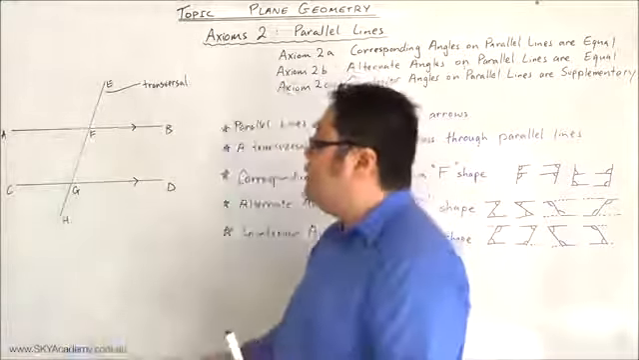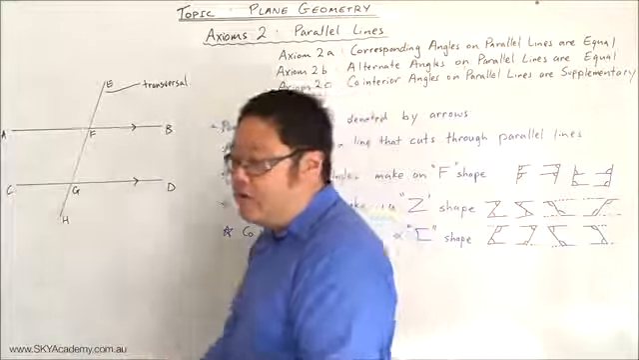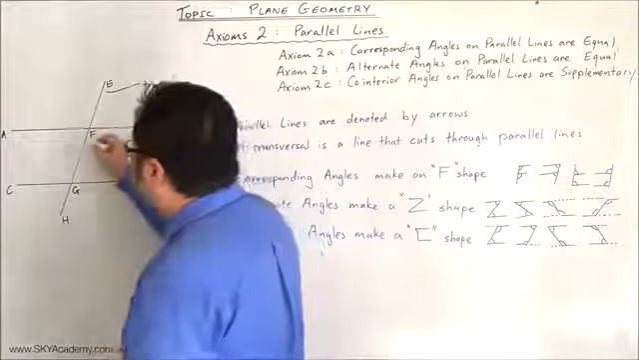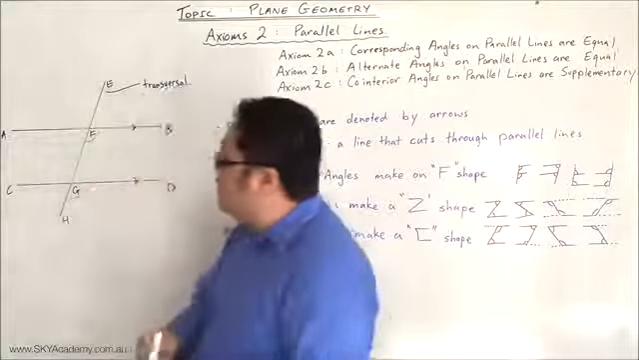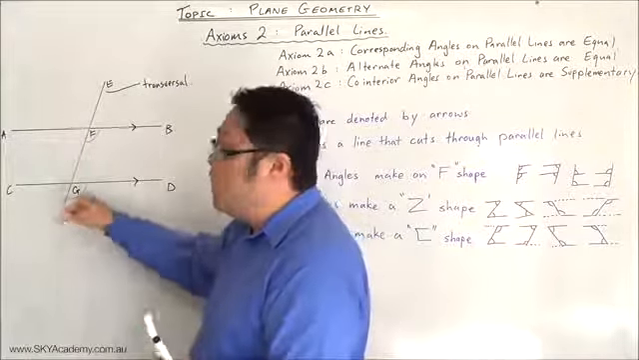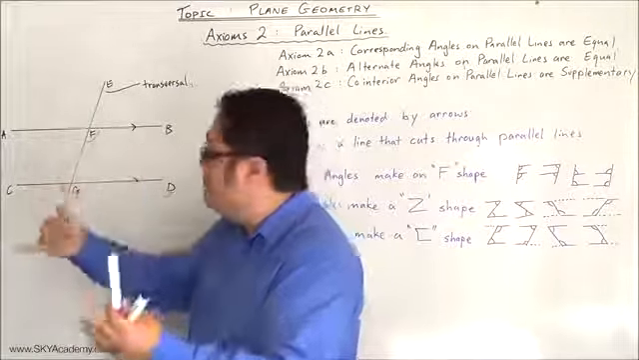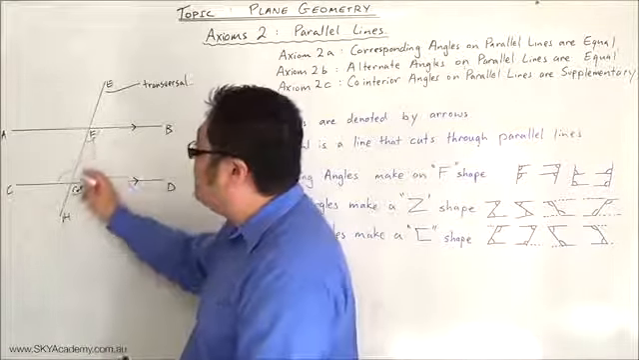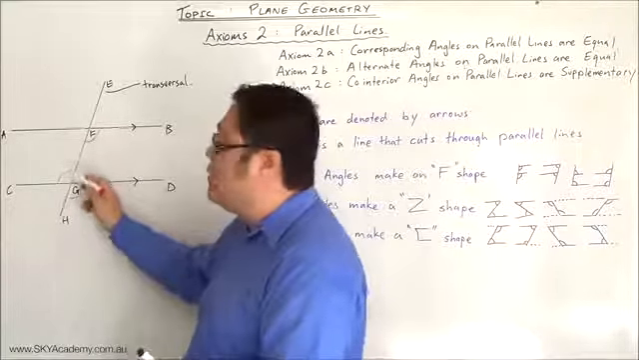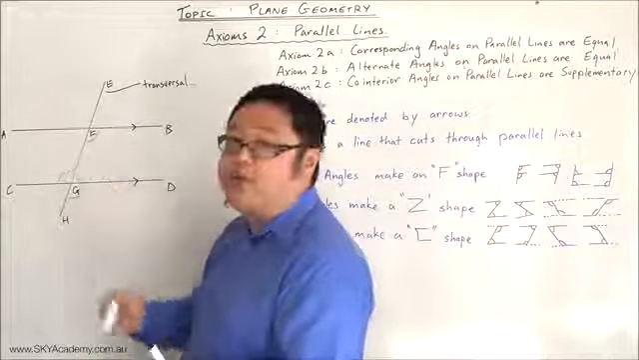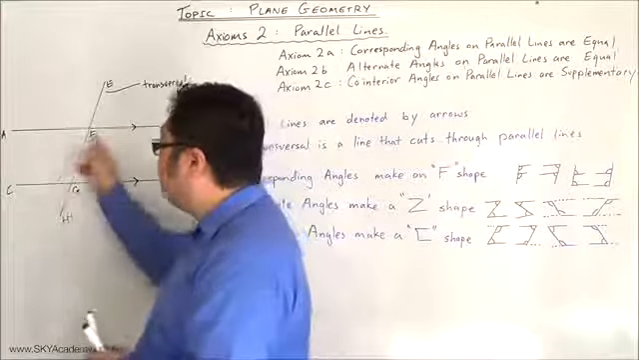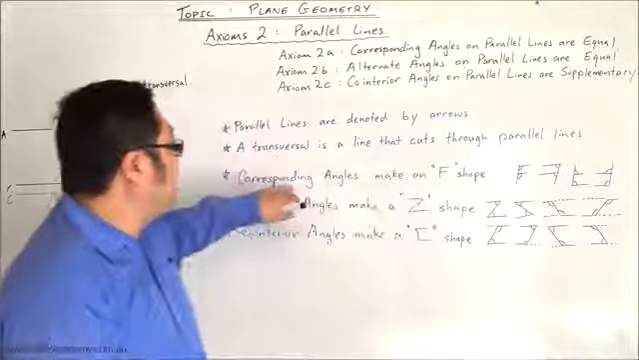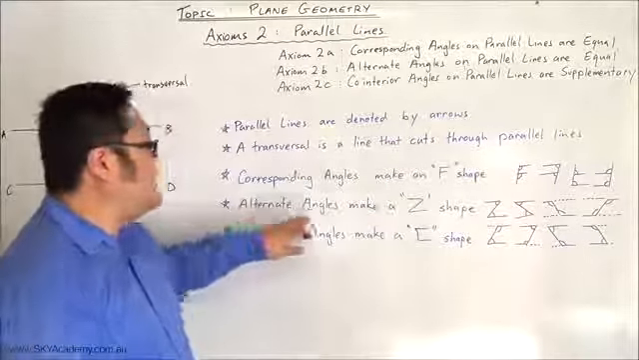So that follows on from the fact that corresponding angles are equal. If these two angles are corresponding and they're equal, then by vertically opposite angles, which was the axiom before, we can know that this angle is equal to that angle, which means that these two angles are also equal, which we can now say are also alternate. So we can say that alternate angles on parallel lines are equal as well. Does that make sense? So we've done corresponding angles make an F shape, alternate angles make a Z shape,